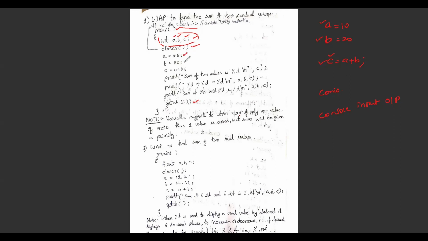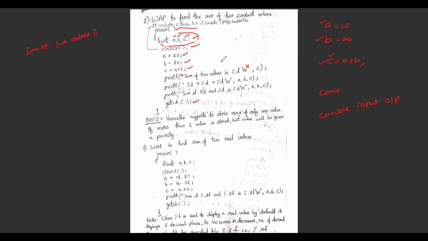A equals 25, B equals 20, C equals A plus B, and the answer will be printed like this: "Sum of two values", which is written in inverted commas. Whatever you write in inverted commas will be printed on the screen. Just see here how the output will be. The first output will be like this: sum of two values